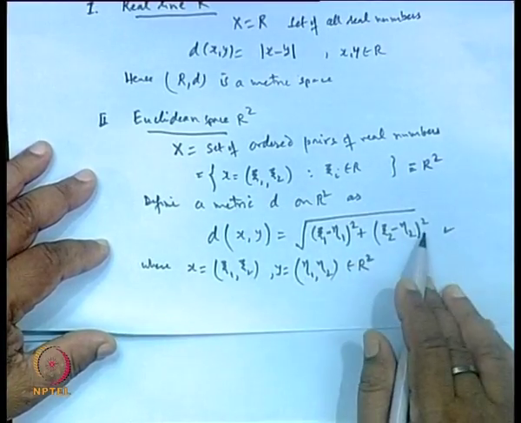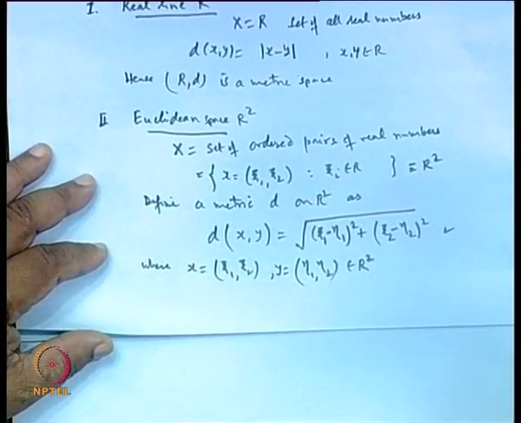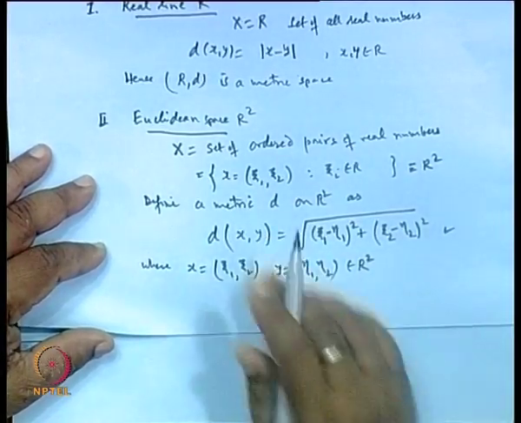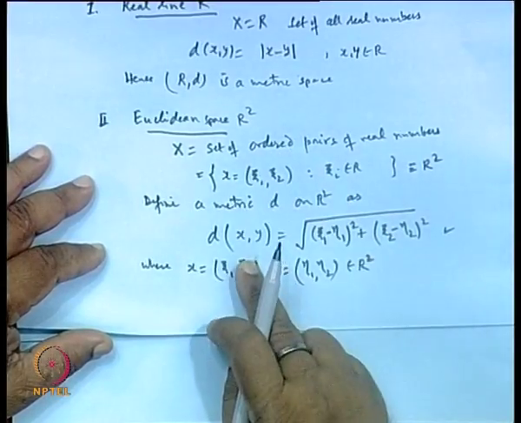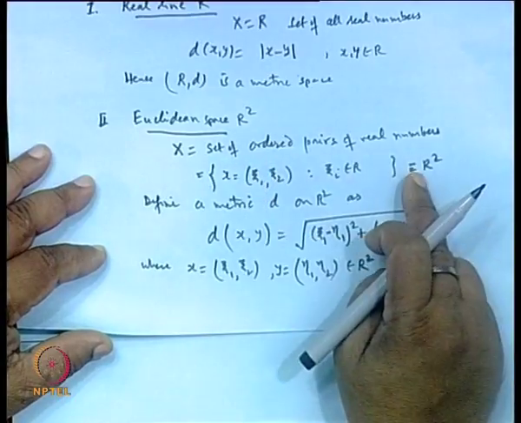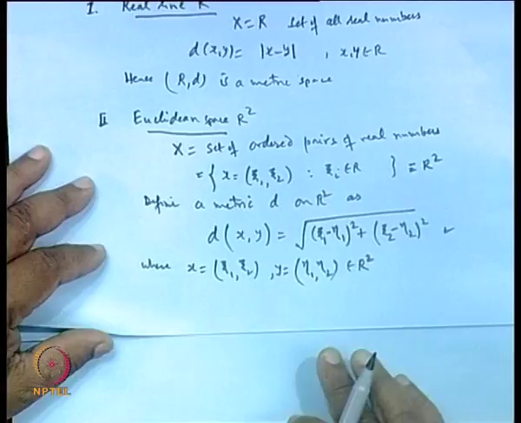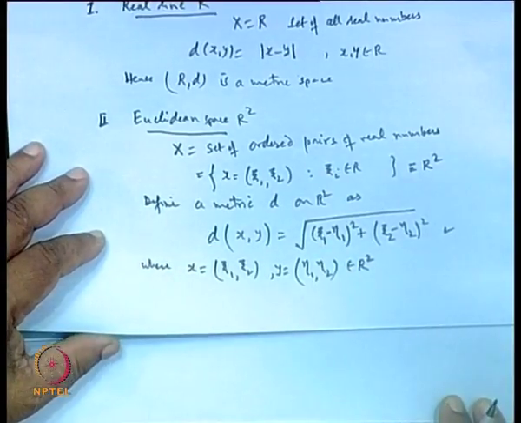For the time being we will just assume that this satisfies the triangular inequality. Hence, all the 4 conditions of this D function are satisfied. Therefore, this space R2 under D forms a metric space,